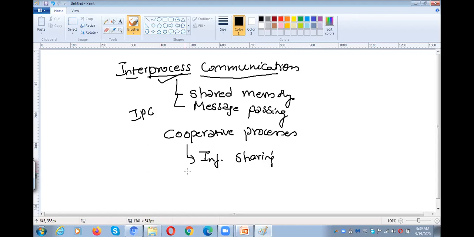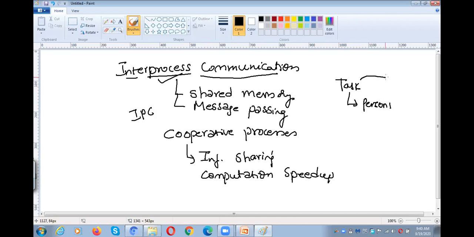And the next one, computation speed up. As I already told you earlier, for example, if you don't want to divide the task into two parts, automatically the task will be assigned to a single person, for example, person 1.